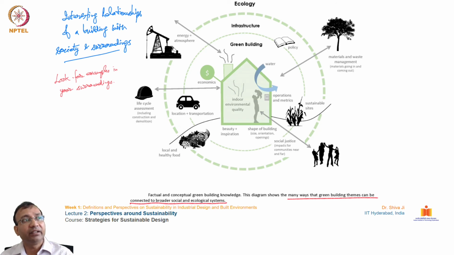So here, you can see there is an interesting relationship of a building with society and the surroundings, how a building is related to its surroundings. For example, we get supplies and resources from trees and other natural entities. These bushes and plants help in creating a habitable living environment. There is also a factor of social justice, how our society and people are empowered, how we are sourcing local and healthy food, and how we can reduce indirect emissions by not using so many resources sourced from faraway places or different countries.